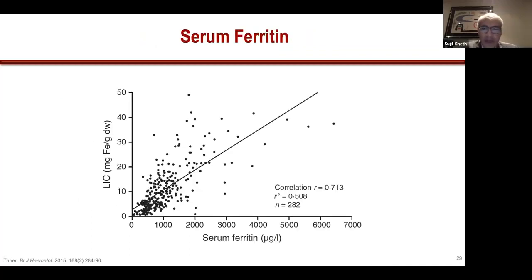And this is why we don't rely on the ferritin level alone. As you can see here, this is a correlation between the liver iron concentration on the y-axis compared with the serum ferritin level on the x-axis, with a good correlation and a significant p-value. But if you just looked at somebody whose ferritin level is 1,000, that might correspond to a normal liver iron concentration, a liver iron concentration that's 5 or 10 or 15 or 20 or even 30, all with the same ferritin level of 1,000 micrograms per liter. So not a reliable way of measuring the body iron concentration.